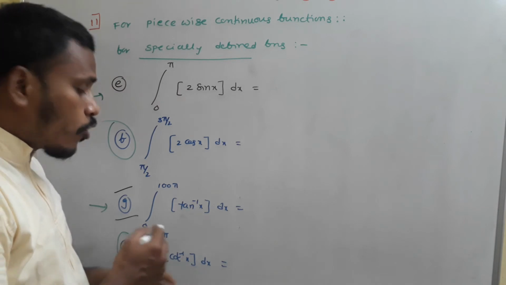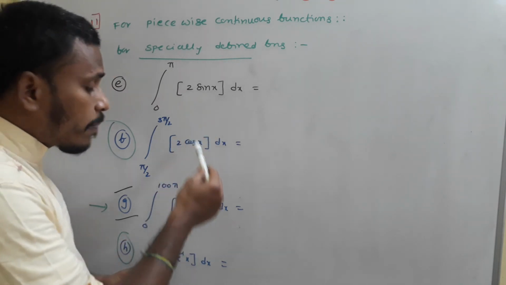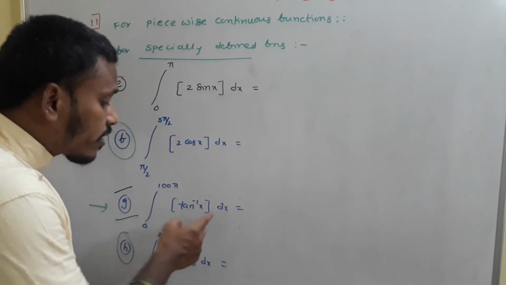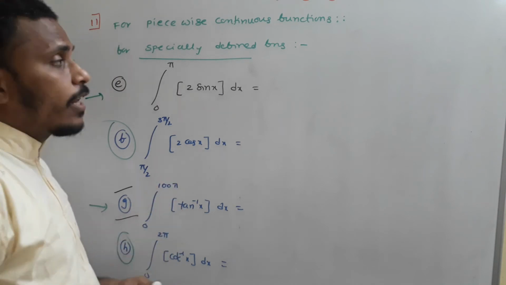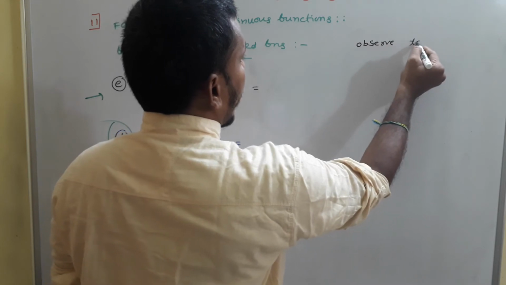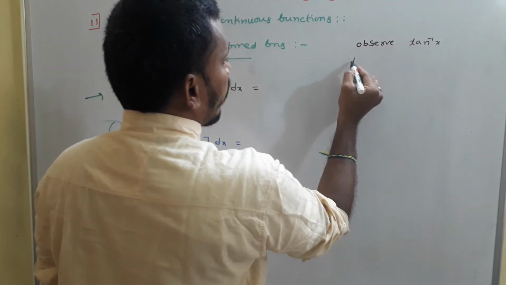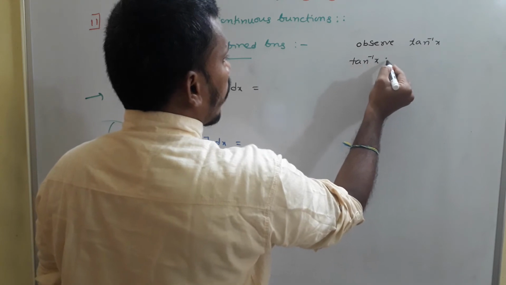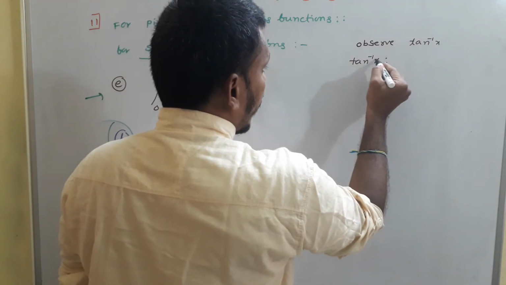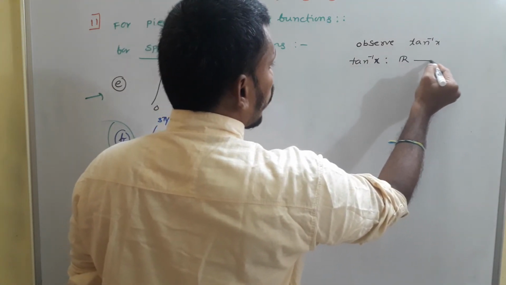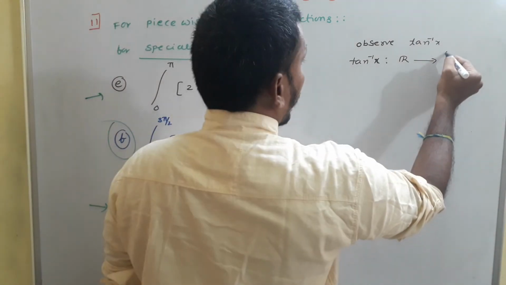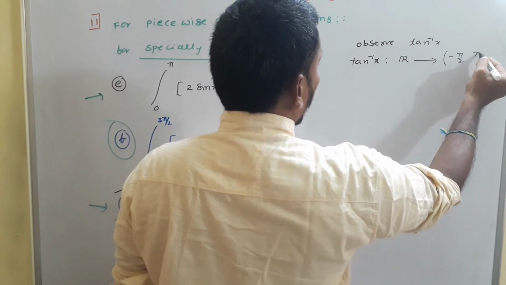Okay, so as I said, for all these types of problems, first of all we need to concentrate on the function involved in this step. What is this function here? Tan inverse x. So first, as I said for the previous one, we need to observe tan inverse x. See, for tan inverse x, what is the domain and what is the range? You may take any value in the place of x, any real value. The domain is all the reals. Whereas what will be the range? The range is simply minus pi by 2 to pi by 2.